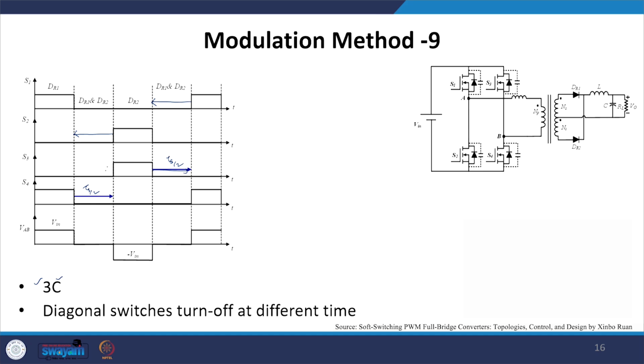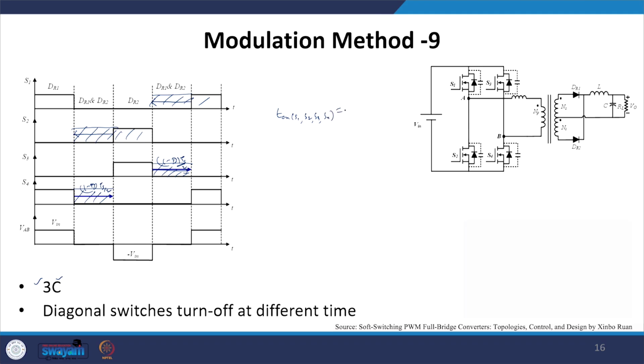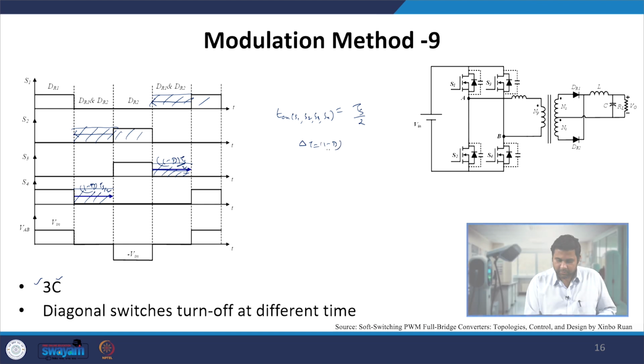So by adjusting in such a manner, for the entire Ts by 2 period, both the devices are on. So we can say that the turn on of all S1, S2, S3, S4 is actually nothing but Ts by 2 period. Since the adjustment delta T is equal to 1 minus dTs by 2 period,